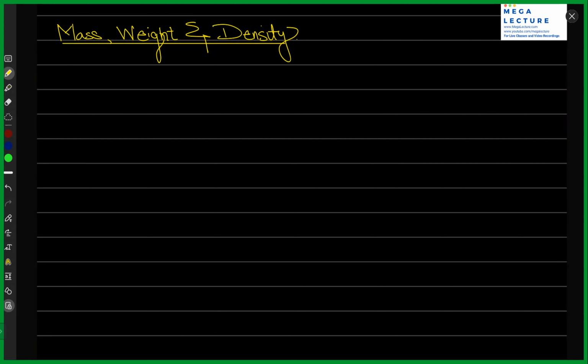All right. So with that, let's start the next chapter, which is mass, weight, and density. We'll start with the simplest thing, which is the concept of mass. So what do you people think? What is mass? How can I define this quantity called mass for any substance in general? Any volunteer?